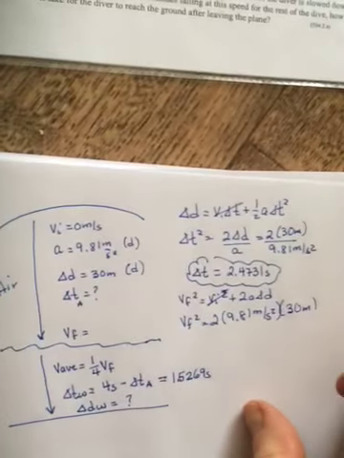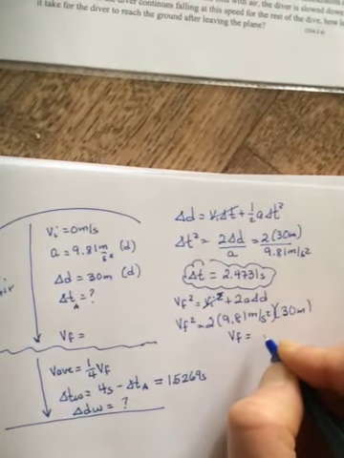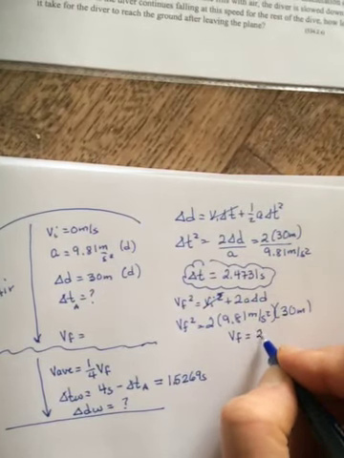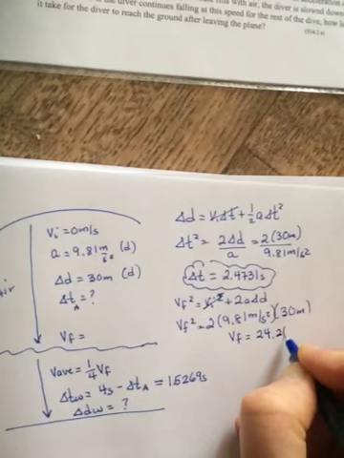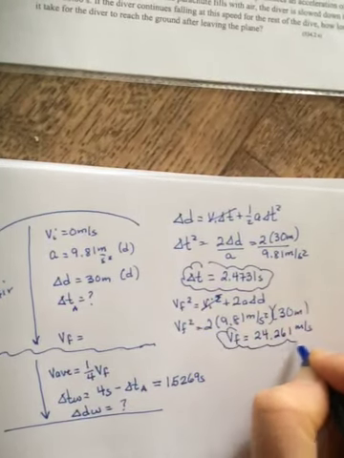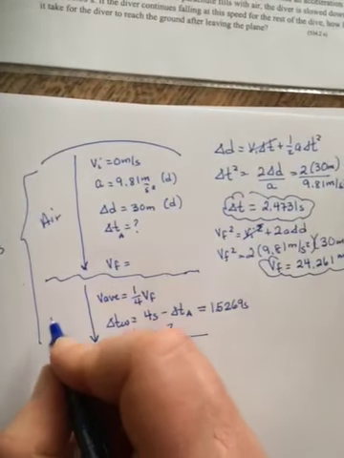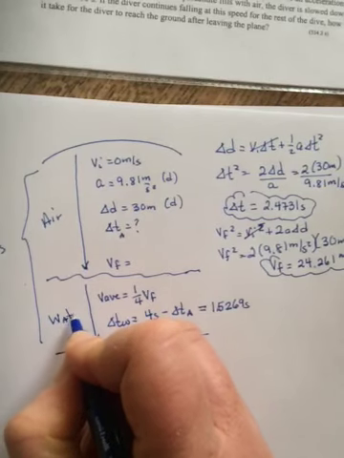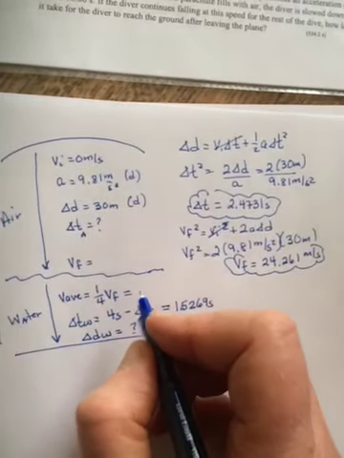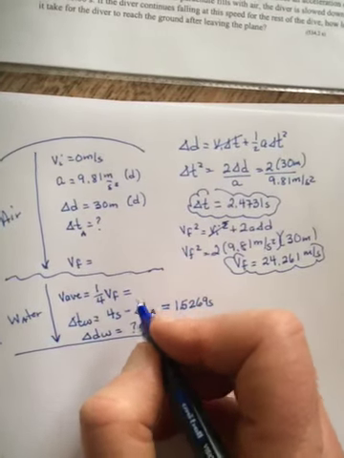Don't forget to take the square root when you do that, and you should get a VF of 24.261 meters per second. Okay, so both of these are for the air. So now for the water, the VAV is a quarter of that. So since you have that in your calculator, divide it by 4 or multiply by 0.25, and you should get